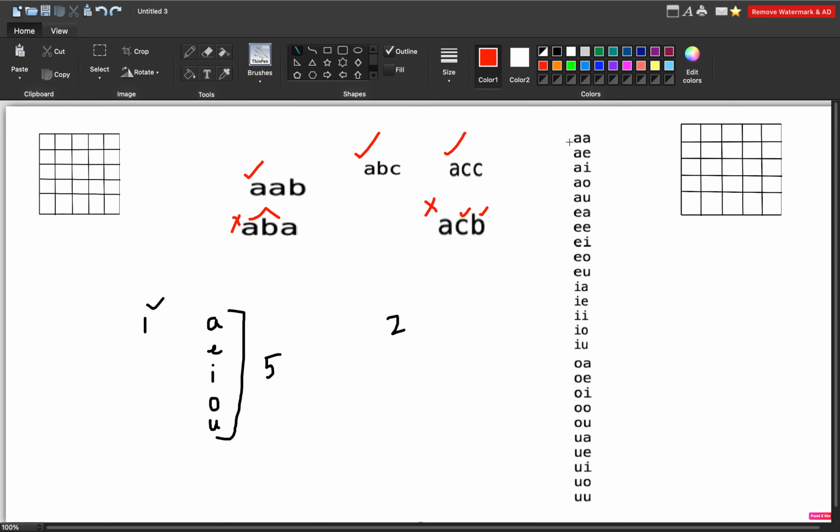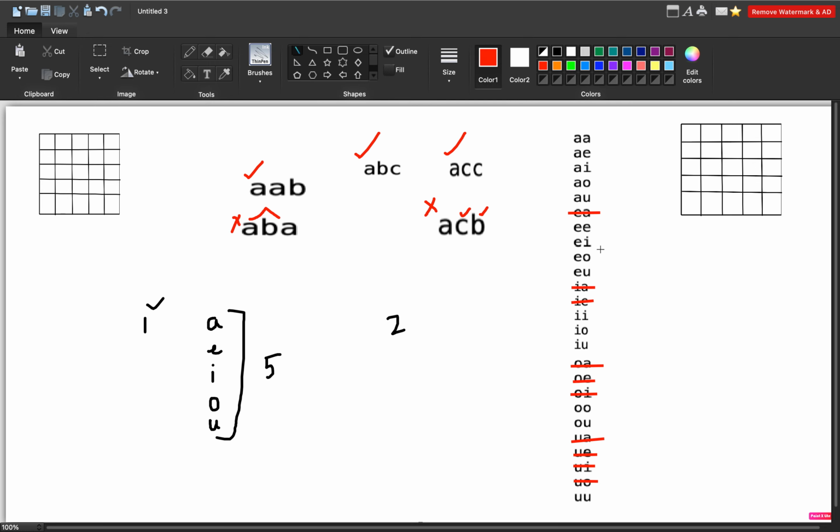So let's see, starting from the first, AA up till AU is sorted, yes. But EA is not lexicographically sorted since A is smaller than E and it is coming after that. From EE to EU, yes, it is lexicographically sorted. But again here IA and IE are not lexicographically sorted. Similarly, OA, OE, OI, they are not sorted. And in the last case,